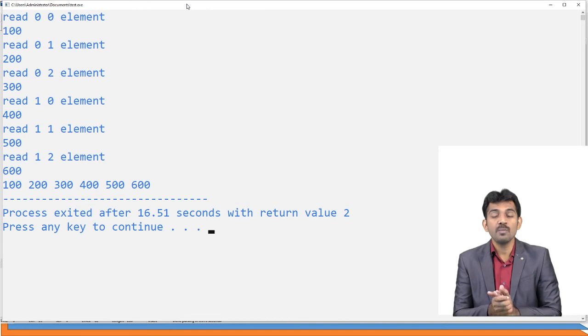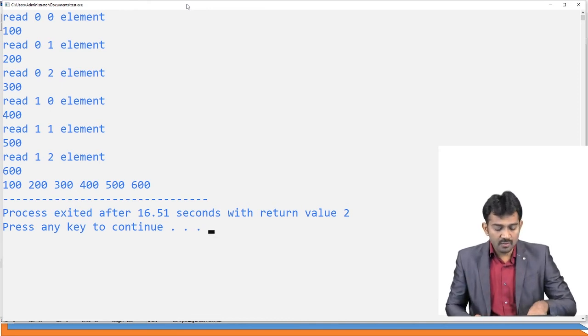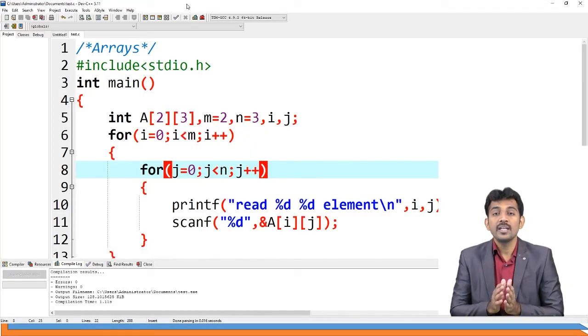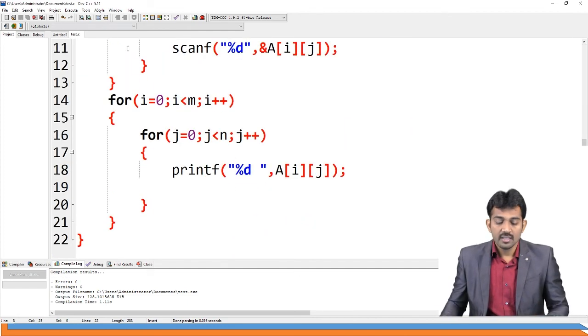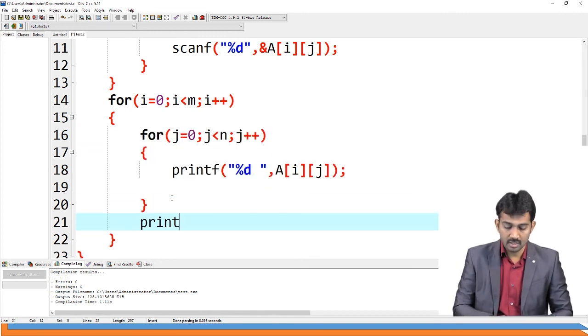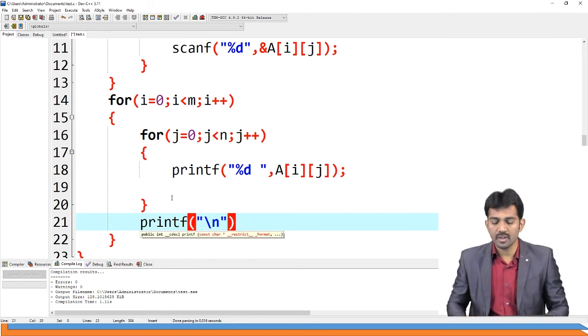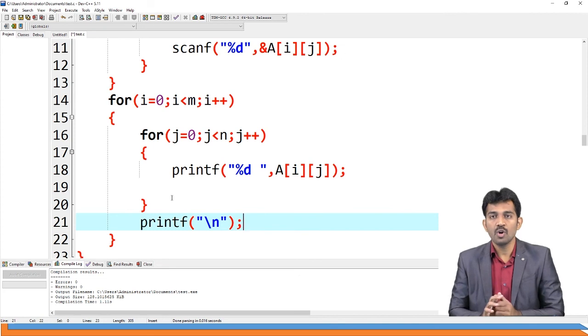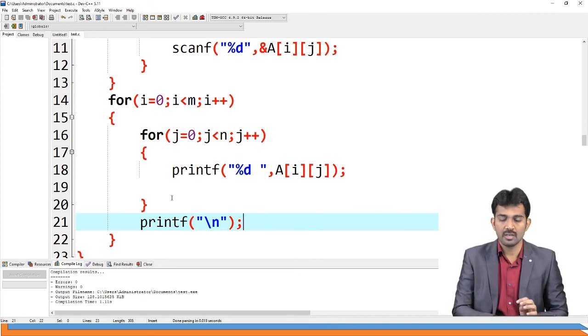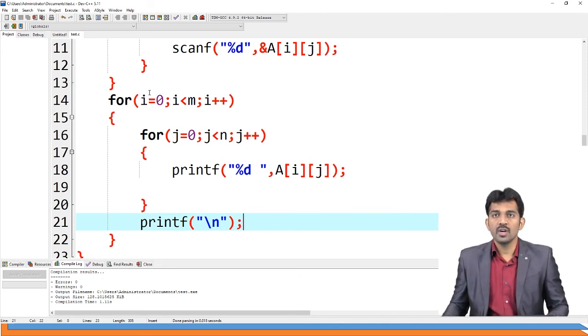Instead of that, if you want to print in table format, after each row you need to take into the next line. Each row it is going to print, right? After that, I'm going to use printf of \n. Please note this. This is common for all matrix printing. If you want to print the matrix, you just use the same procedure. That's all. Now, if you run this code,